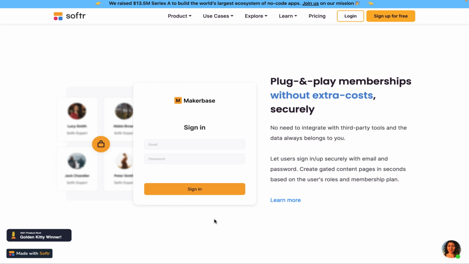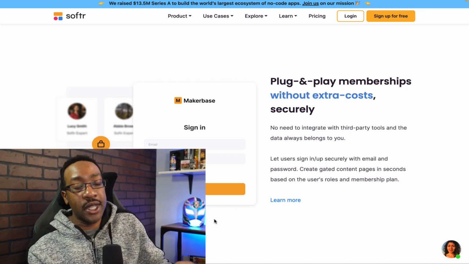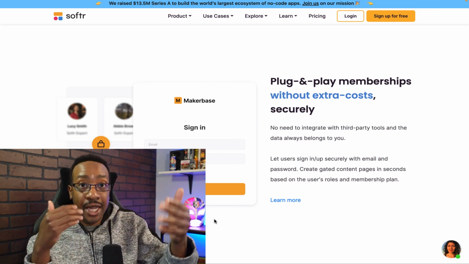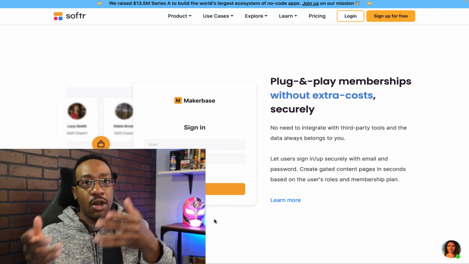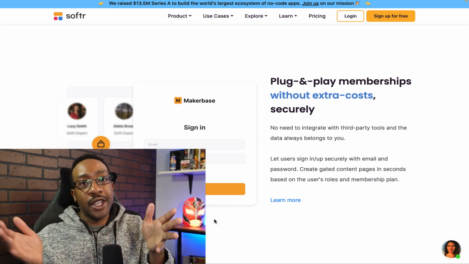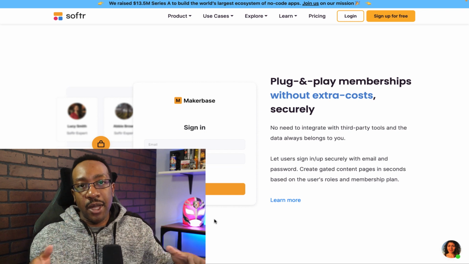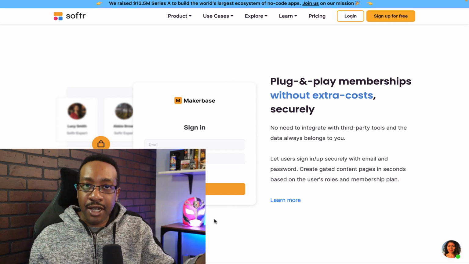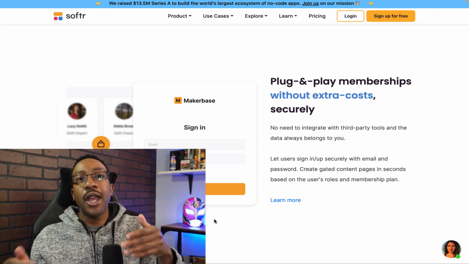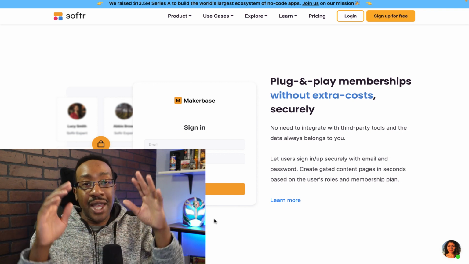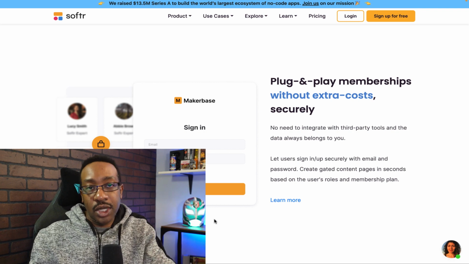If you're using something like Webflow, not only are you going to be using Webflow on the front end, but you're also going to have to use MemberStack or Outseta to have that membership experience to be able to gate different pieces of content on the site. And that's another expense as well. You're going to be able to do that with Softr. You're going to use Airtable as the database, and you're going to be using Softr for everything as you're creating the membership, the different pages, and the workflow.